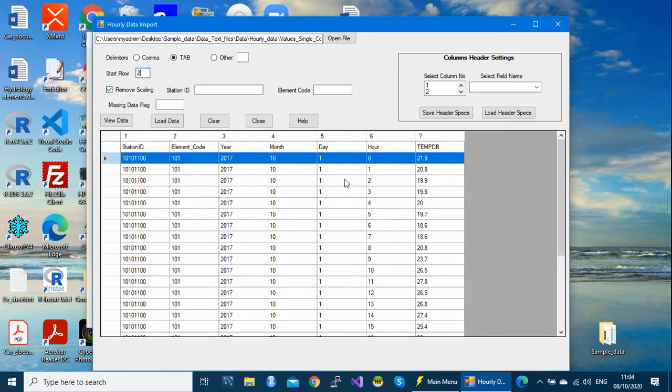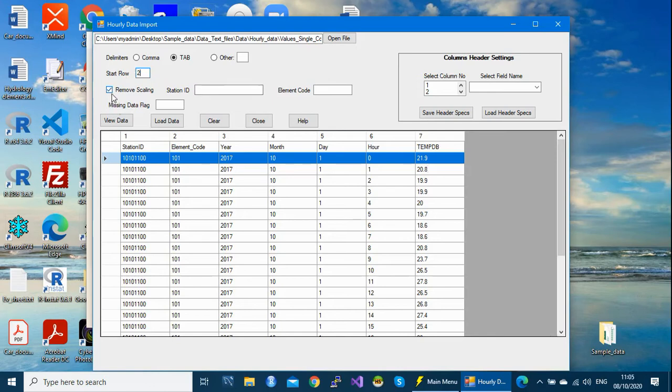So in case your data has got decimals, you must tick this remove scaling option, because our data will go into a table called observation initial, and this table will normally take data without decimals. So the best format is to take data without decimals. So you need to remove the decimal. Our data will go there without decimals. When our data goes to the final table, that is where the decimal will be applied back.